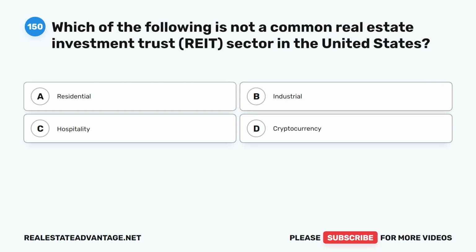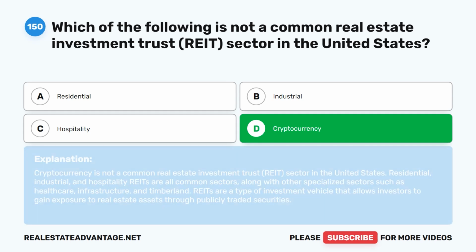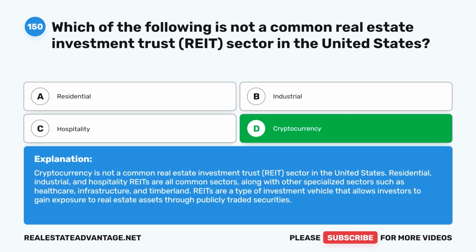Question 150. Which of the following is not a common real estate investment trust, REIT, sector in the United States? A. Residential, B. Industrial, C. Hospitality, D. Cryptocurrency. The correct answer is D. Cryptocurrency. Cryptocurrency is not a common real estate investment trust, REIT, sector in the United States. Residential, industrial, and hospitality REITs are all common sectors, along with other specialized sectors such as healthcare, infrastructure, and timberland. REITs are a type of investment vehicle that allows investors to gain exposure to real estate assets through